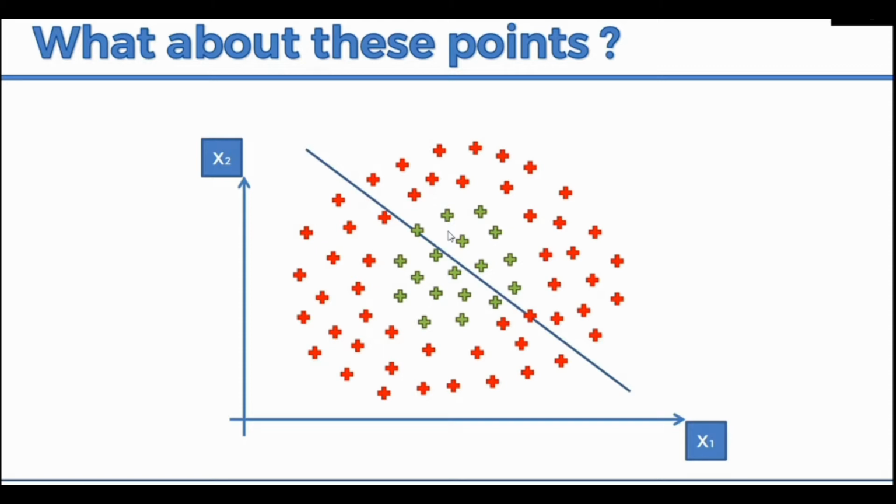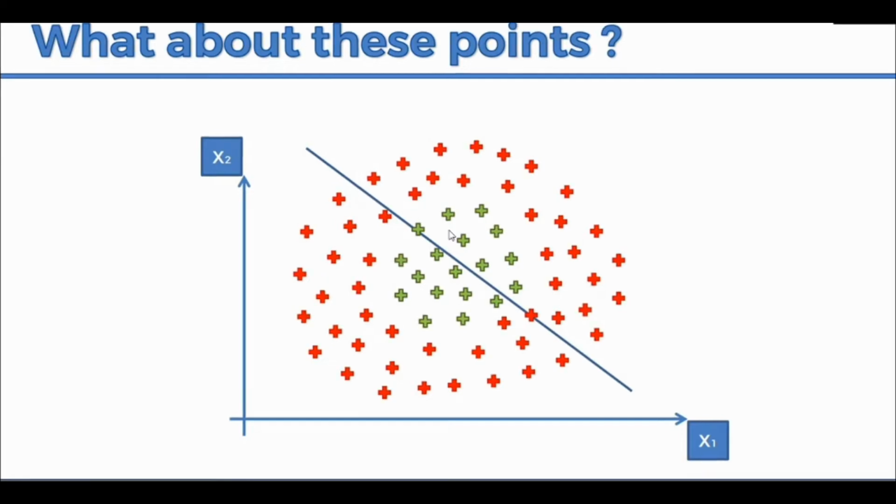To deal with that, there are different types of kernels available to us. What is a kernel? Just think of kernels as different approaches to split or classify these data points, and they have their own different mathematical functions. We are not going to deal with the mathematical functions, we are just trying to understand them. Even if you create a line which classifies all the green data points above, you can't classify the red data points. So the model accuracy will be low using a linear kernel.